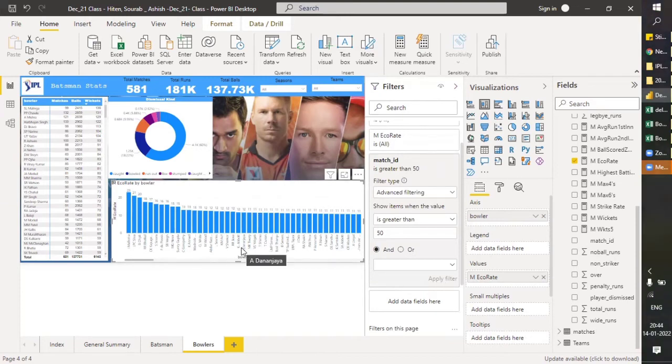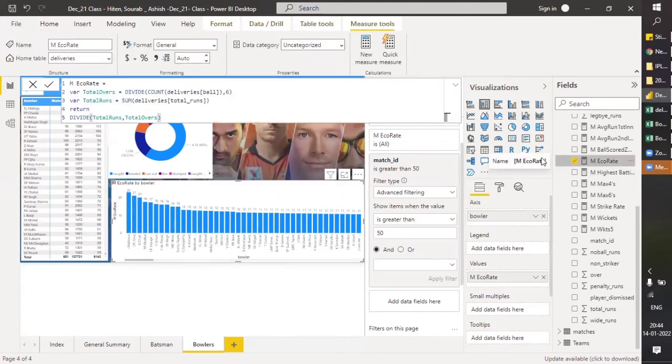Now this is this case. On economic rate. Okay, this is fine. Return total runs by total overs was fine.